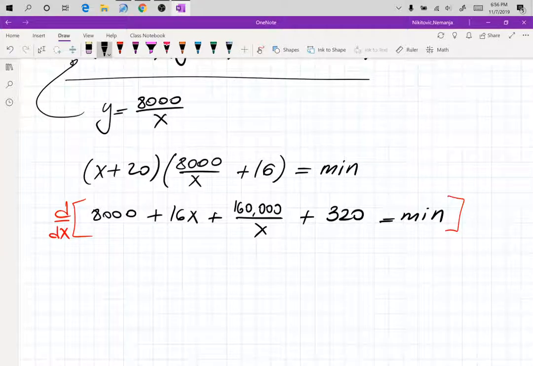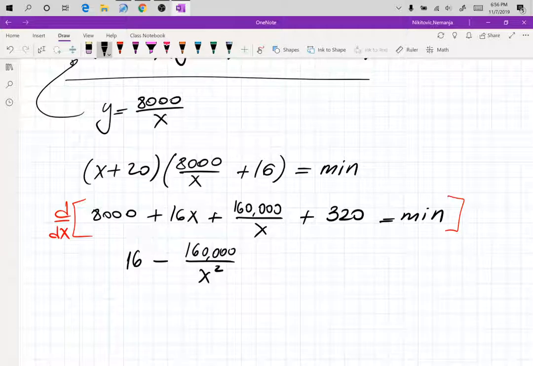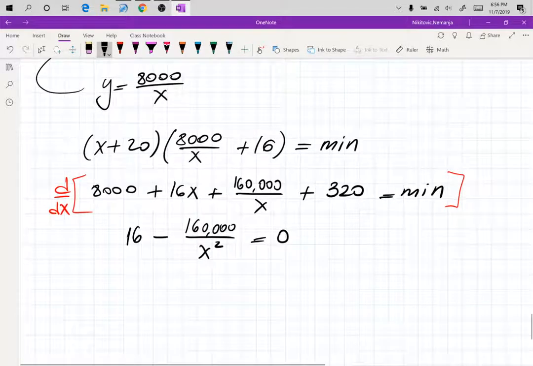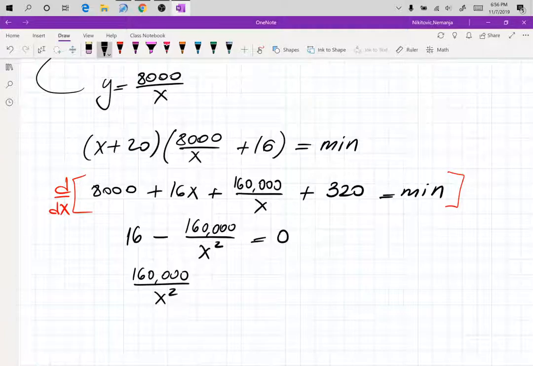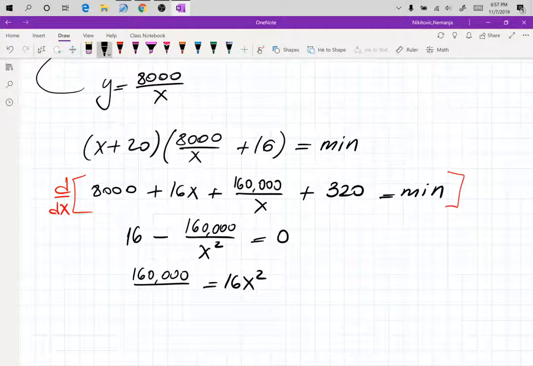So derivative of 8,000 is 0. Derivative of 16x is 16. And then we have minus 160,000 over x squared equals 0. I'll need an abacus for some of these calculations later. I don't want to think. And then we have 160,000 divided by x squared equals 16. Then move this x squared with the 16. So now divide by 16, you get